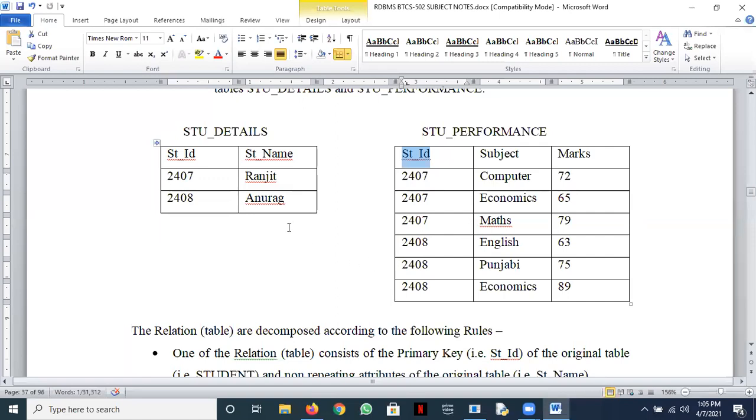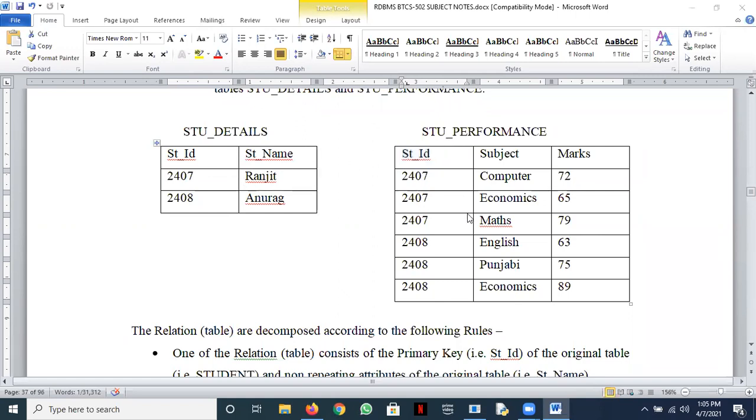I hope it is clear now. Now this relation is normalized. It will give you good performance. Whenever you need to add some student performance, the subject and marks, just put his roll number. And whenever you want to see what name belongs to this roll number, you pick up the name by joining these two tables. So whatever we learned in our database management system, in our SQL, the same things are here. A table has been split up, and whenever we need to join them, we can join. You know the concept of join, okay?